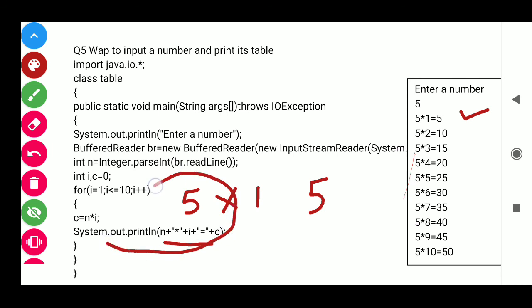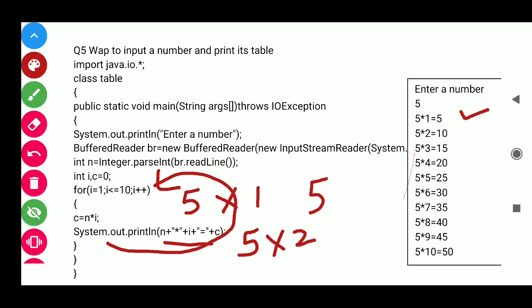Then i will become 2, c is equal to n, n is what? 5, into i is what? 2. Assign 5 into 2, 10, to c.